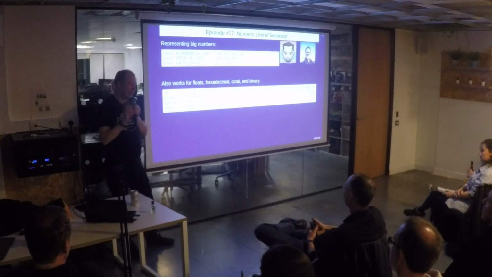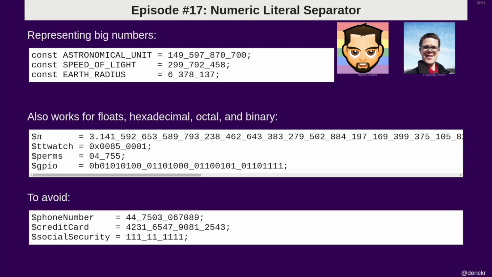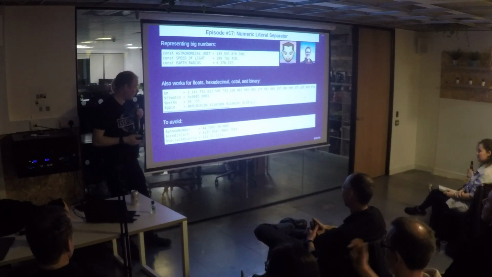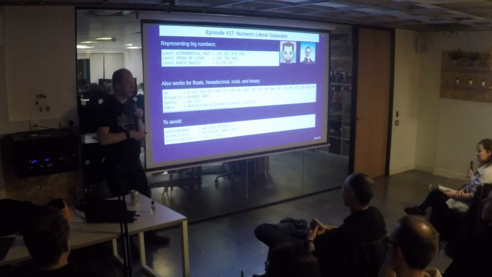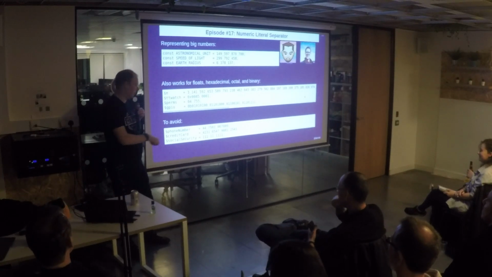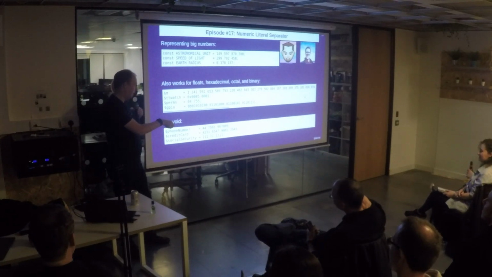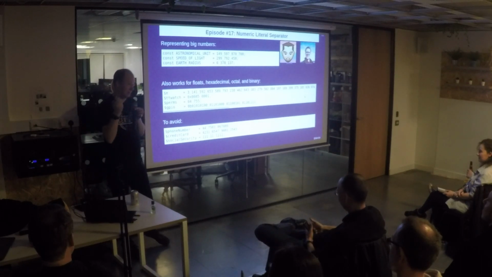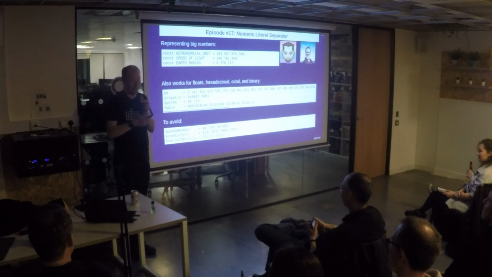What you absolutely should never use this for is phone numbers, because phone numbers aren't numbers, you don't do calculations with them. Or credit card numbers, because you don't do calculations with them. Also, you should never ever hardcode these. And the same holds for social security numbers. That's an American thing because, in the UK, of course, you have letters in there too, which you can't do in numbers, clearly. Also, never hardcode these things either.